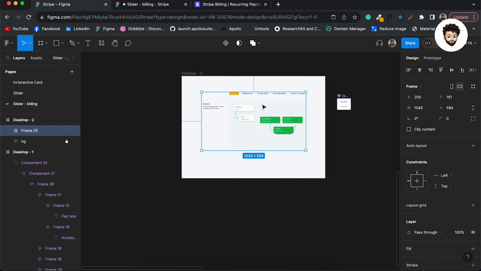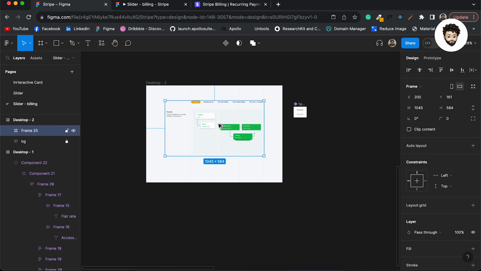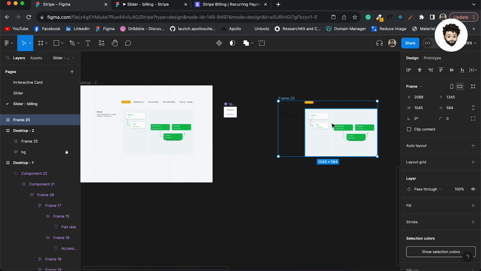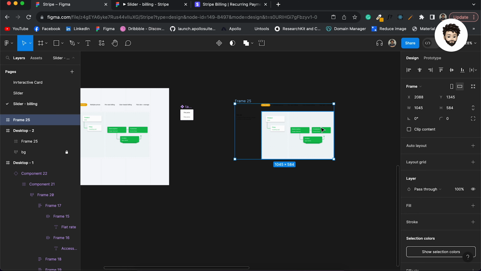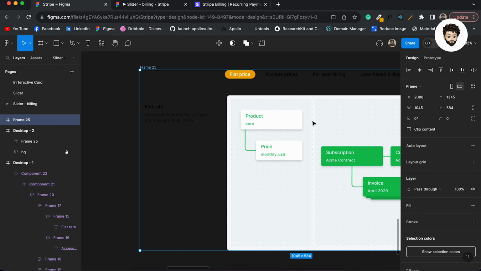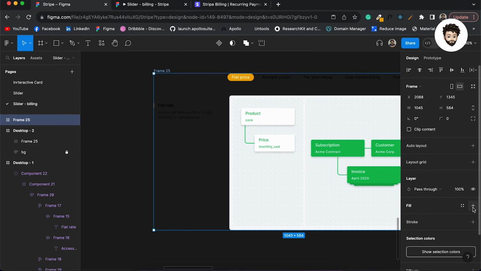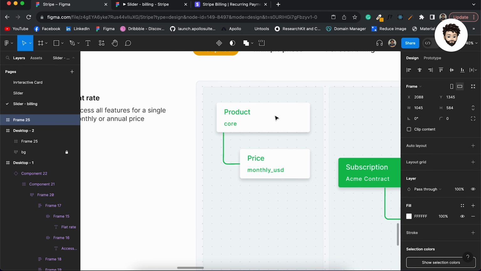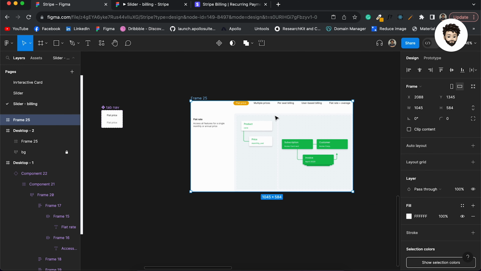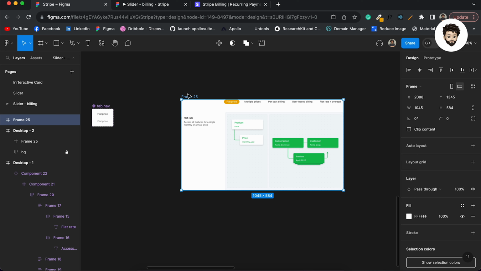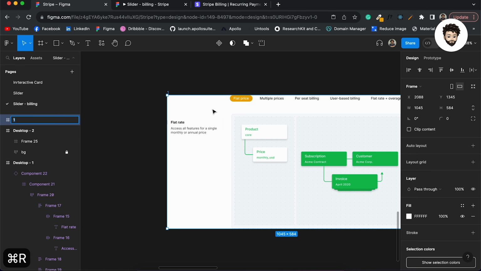Then we will take it out of the frame, another version of it, and I'll apply a fill here so that you can see. We can rename it as maybe 1, or we can rename it as flat price, right? The name of the